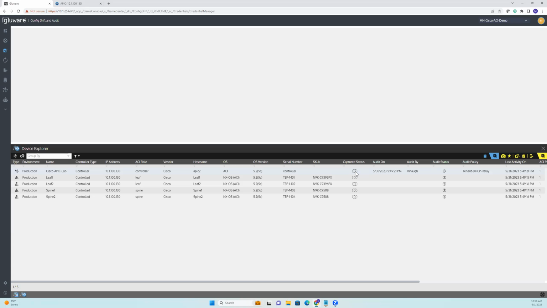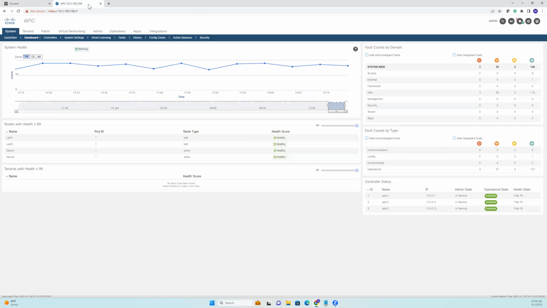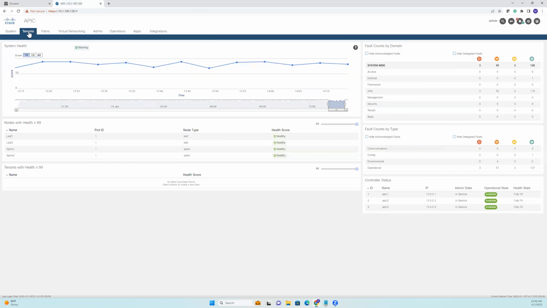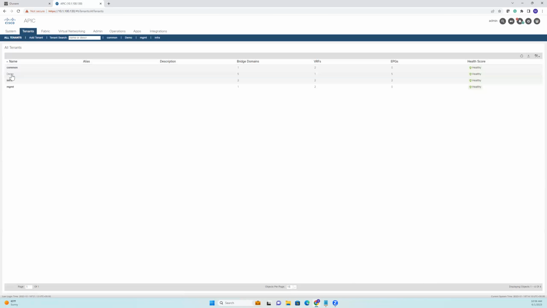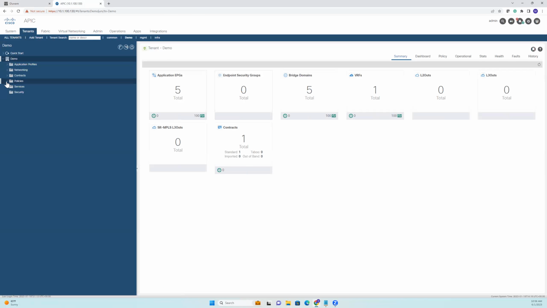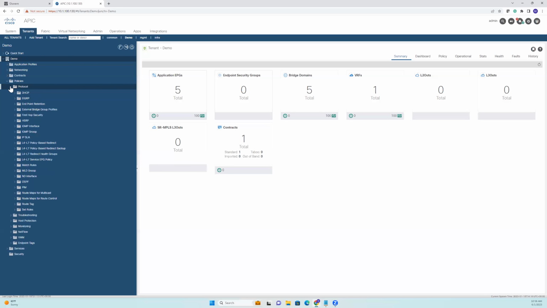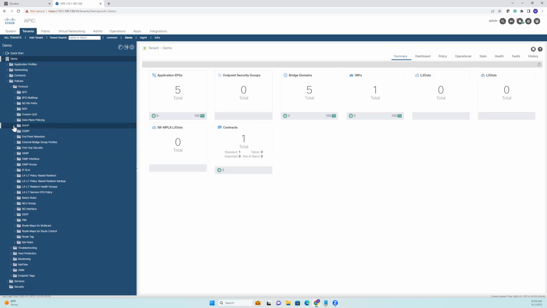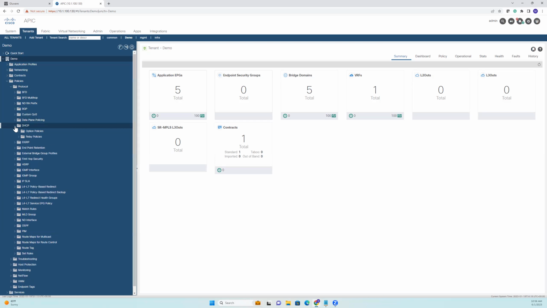Now that we are in the Drift and Audit app, let's go ahead and simulate a drift condition. So I'm going to navigate into my tenant, and I'm going to go into my tenant named demo. Under the tenant named demo, I'm just going to go in and make a change that is, let's say, relatively standard that someone might do. A user is going through the UI and editing, in this case, a policy and a protocol. Just for demonstration's sake, I'm going to use a DHCP option and